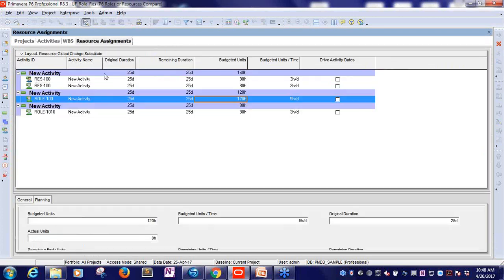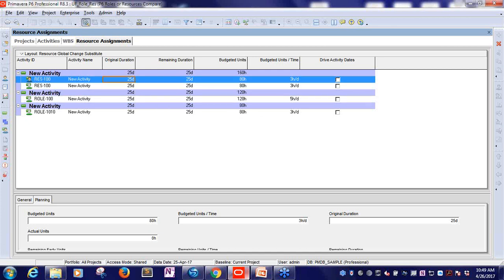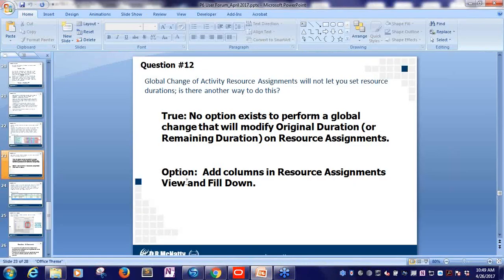So if there is some continuity and I can collect the information in a meaningful way in my resource assignments view, rather than using a global change, it might be possible to organize your information in such a way that you can utilize a fill down to accomplish this same task. And so that's what I would suggest here, is to try the resource assignments view and add some columns and use the fill down function and see if that does not help